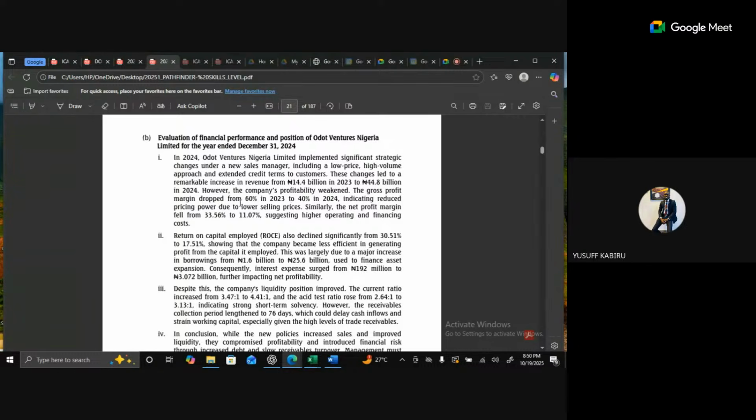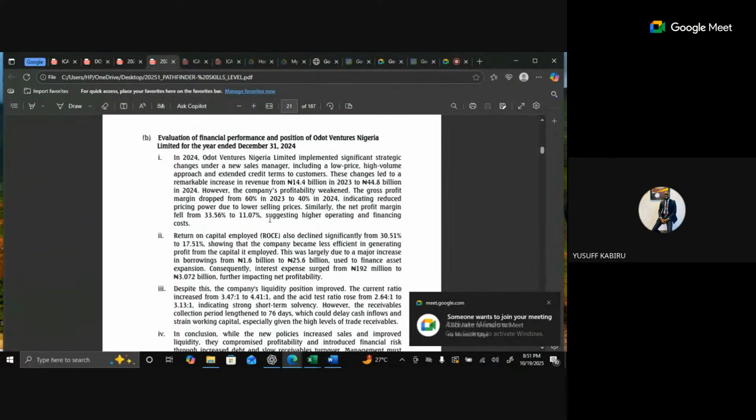The gross profit margin reduced from 60% in 2023 to 40% in 2024, indicating reduced pricing power due to lower prices. You have reduced the price of your goods, and you're still purchasing the goods at a cost that is very high in comparison to the amount you are selling those goods for. That is just what it means. Similarly, the net profit margin fell from 33% to 11%, suggesting